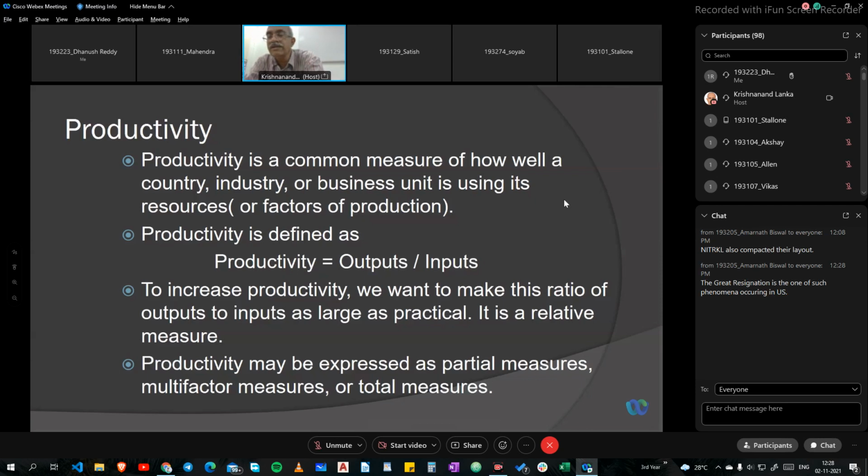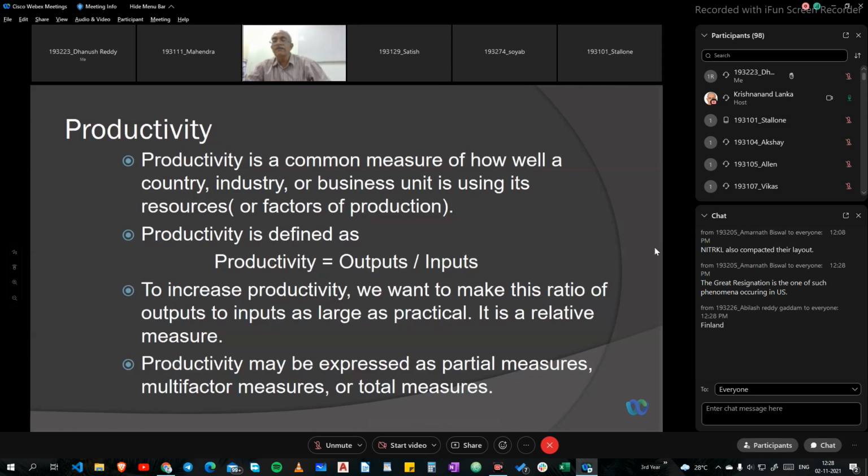Fortunately, India is also doing its best to keep it safe from China. What is that? Great resignation. Somebody has. So here, what we are seeing is that Finland, huh? Yeah, yeah. See, that is what I am seeing.